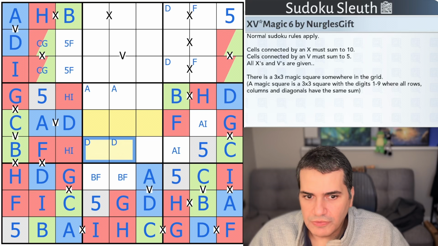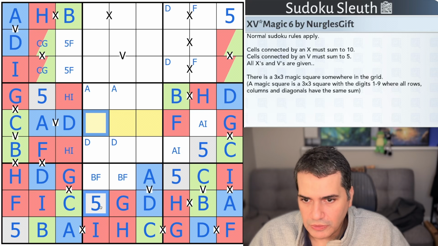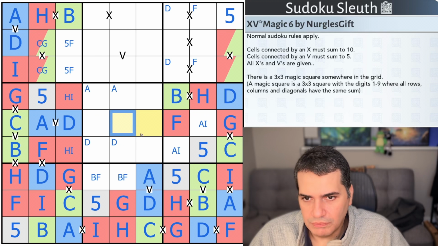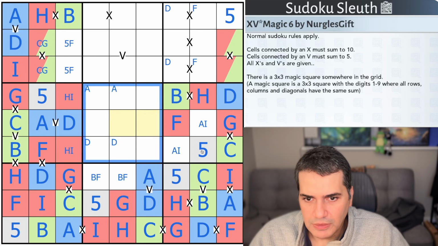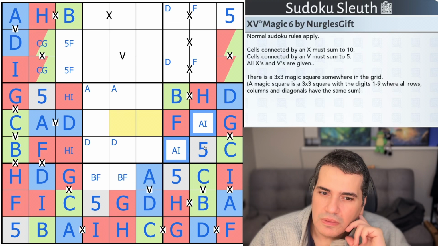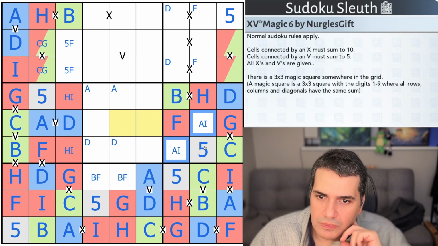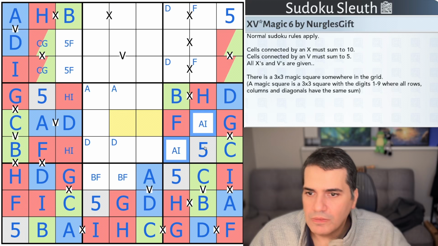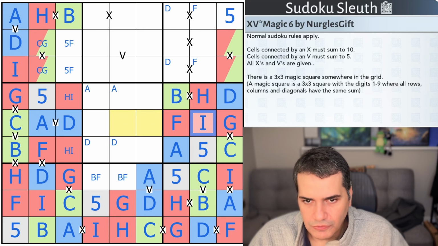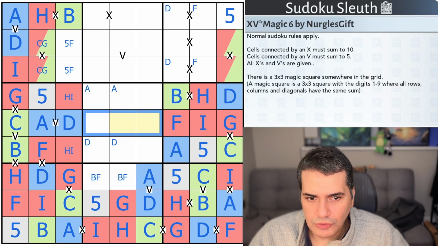Now, these can't be 5, so they're not options for magic square. Neither is this cell. It's kind of pointing towards magic square being box 5, but we'll prove it rather than assume it. The A and the I seemingly both work. There's no negative constraint as far as I could spot. No, just Sudoku, sleuth. Do more of it, please. You're kind of forgetting your New Year resolution, so